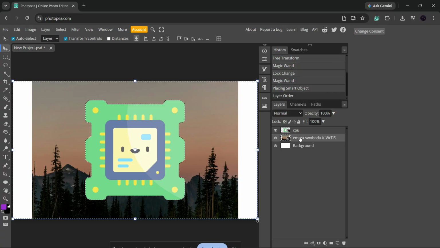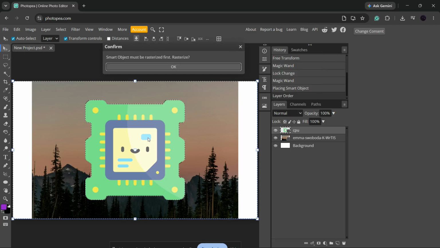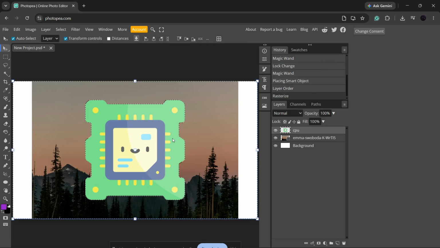If the edges need a little refinement, you can go back and adjust the selection, or mask, until everything looks natural. And that's how to change the background in Photopea using both a solid color fill and a full image replacement. The first method is great for simple design changes, while the second is ideal for realistic edits and creative